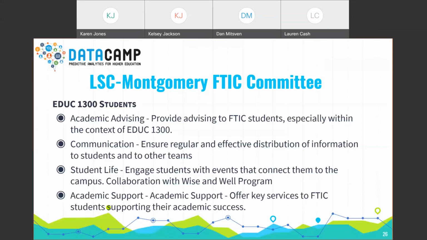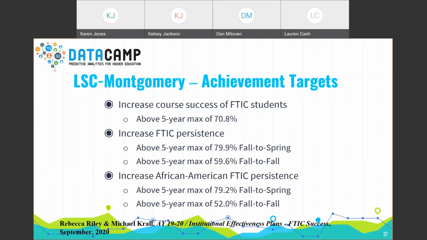All right, so on Montgomery, we did it a little differently. We decided we wanted to concentrate on FTIC, so we created a committee that involved our academic advising group, communication done on the campus for all students. Student life, of course, was involved in there, and academic support like tutoring, library services, whatever services that students need to be academically successful. So for this group, we set ourselves some targets, which happened to be our campus ACEs,